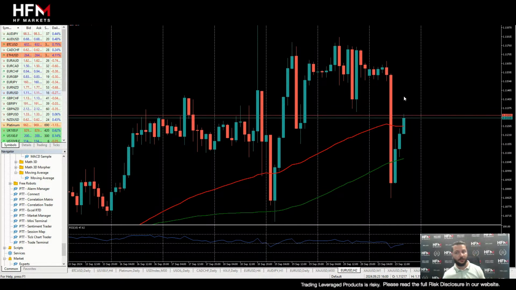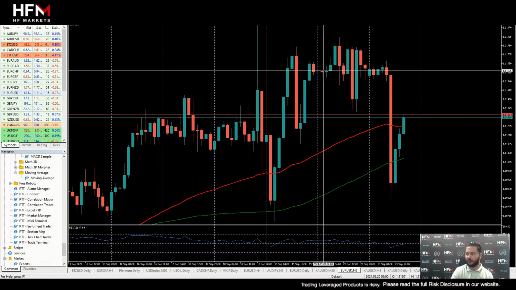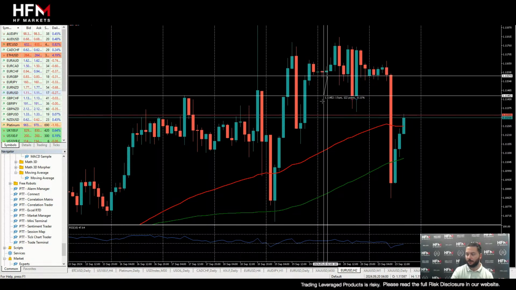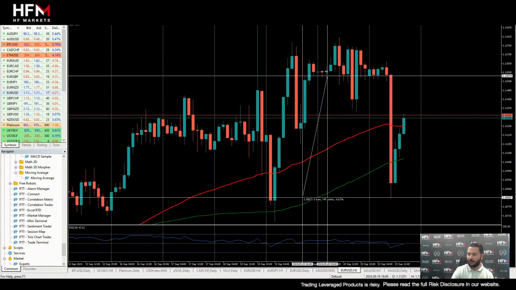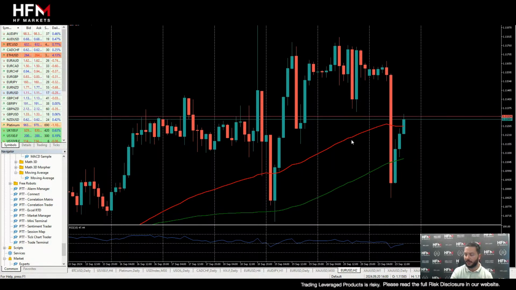Now, the volatility we're about to see is going to depend on what is going to be released by the US. At first, here we're looking at the euro against the US dollar. We can see here it originally dropped by 0.68%. Now, some people may say, yes, it dropped by 0.68%, but it's retraced upwards. So why was that any use for me?